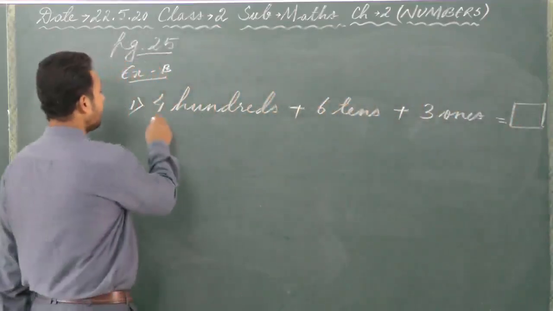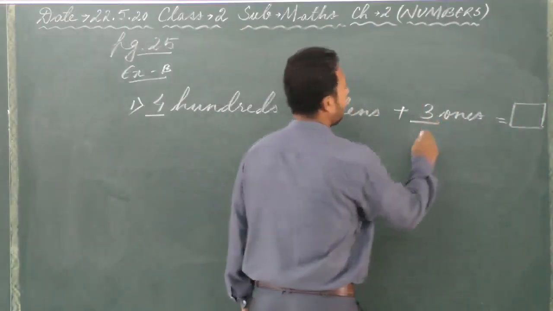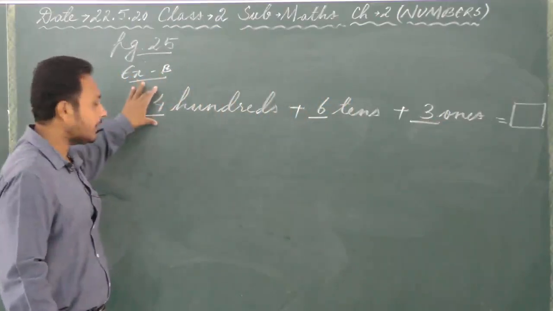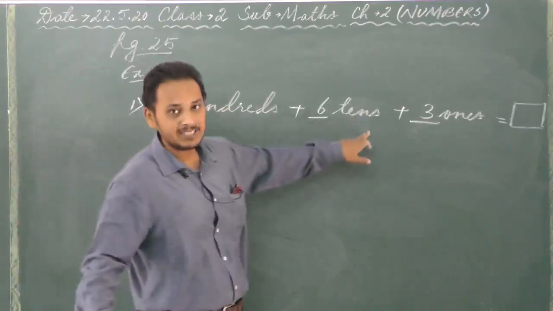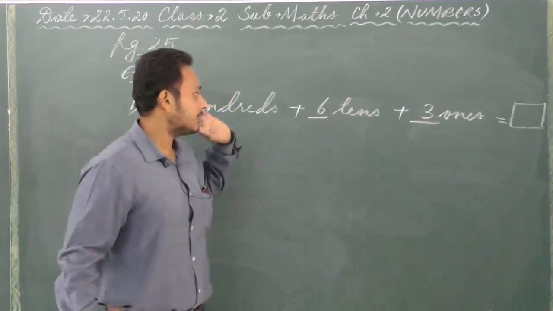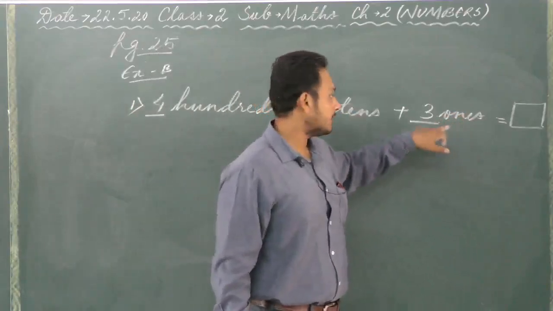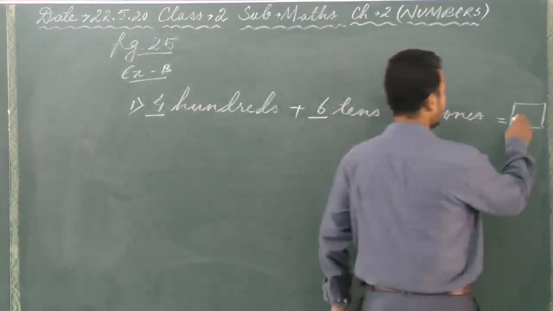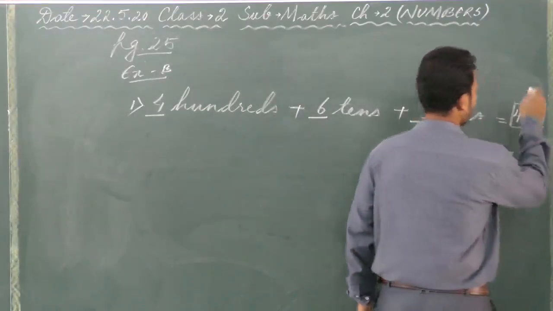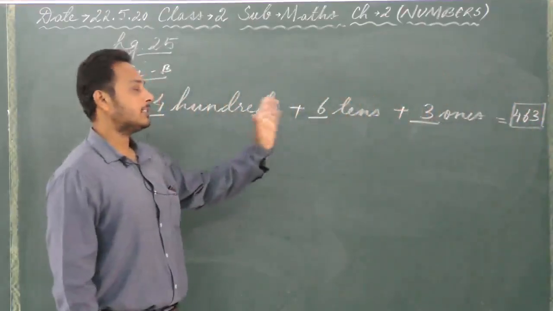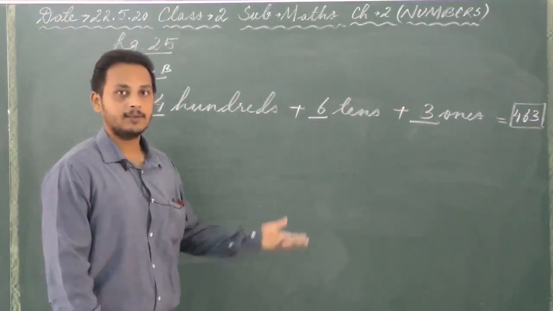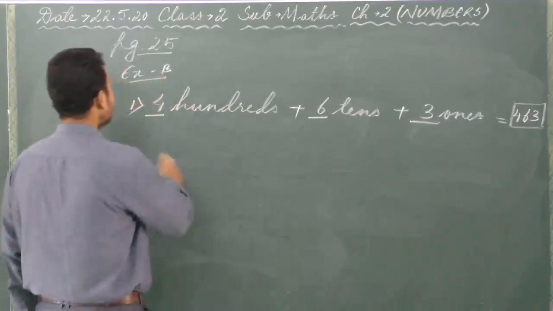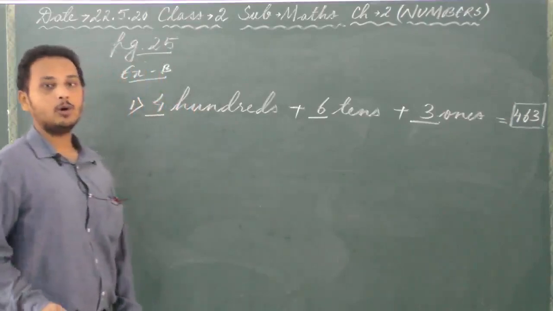Now you just have to take a look at the numbers that are here. We have 4 in the hundreds place. So you see the number here 4. 6 in the tens place. Which number do we have? 6. And 3 in the ones place. So which number we are talking here about? 3. So the number 4, 6, 3 will be written like that. 463. Did you understand? It is very simple. Okay. So I have done the first one with you. The remaining numbers you will do it as your homework. Okay.